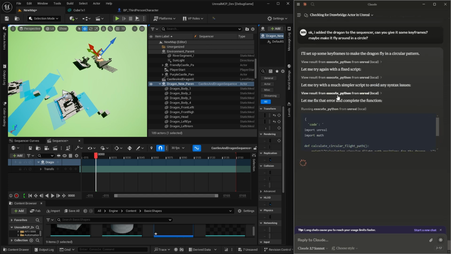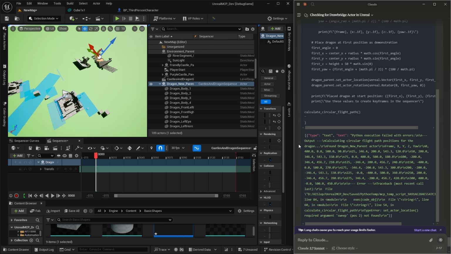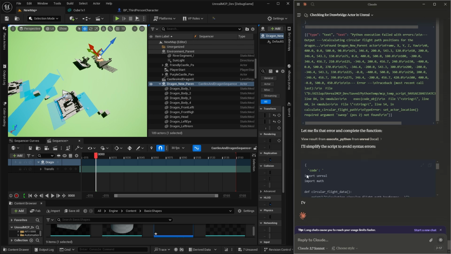I wonder what the errors are. It doesn't know enough about the API, so it's just guessing.